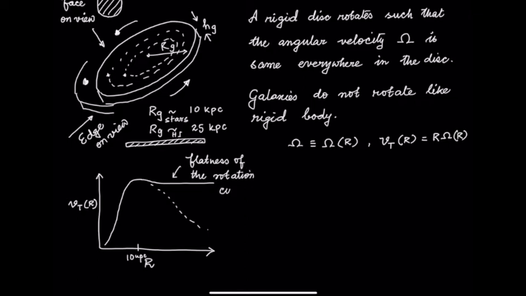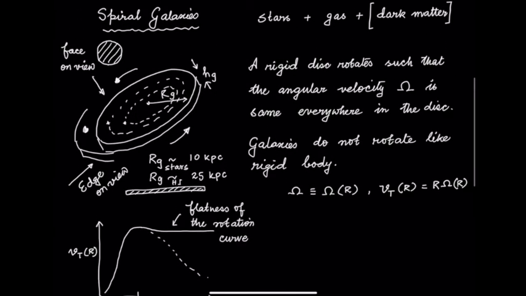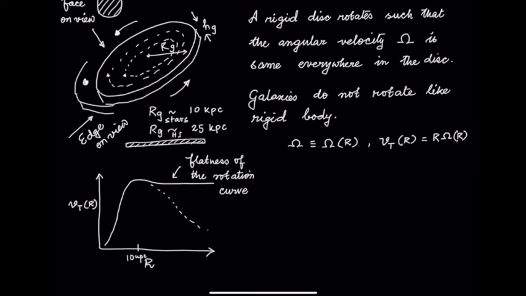One explanation for this is that there is another type of matter, which we call dark matter, within quotes here or within brackets here, and that is what is there even outside the stellar and the H1 radius. Against the pull of the dark matter, the gas or the star has to balance itself, and because of that it maintains a higher rotational velocity. This was first observed by Vera Rubin